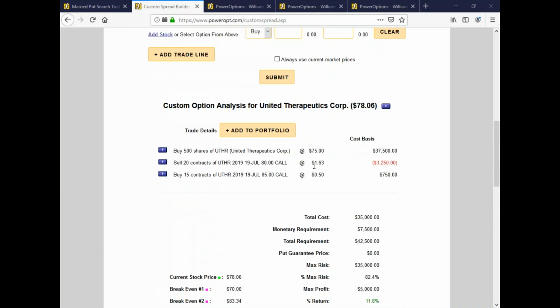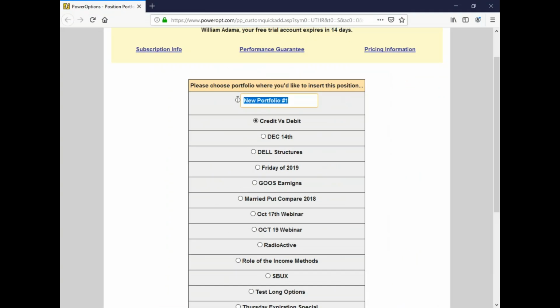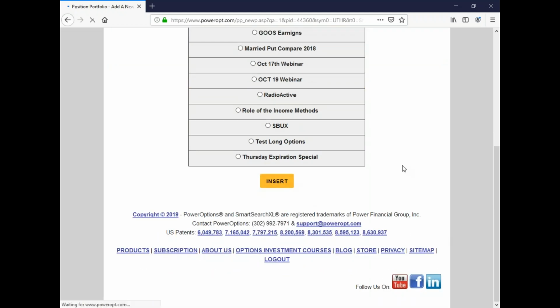So, let me see here. Add to portfolio. Okay. I'm just going to add this one in. It's going to show up as a custom spread, but that's fine. And we'll call this July 28th covered bear call. Why not? All right, but anyway, in any case, Darrell, sorry about that. Let me just put this in here. So I'll click Insert,